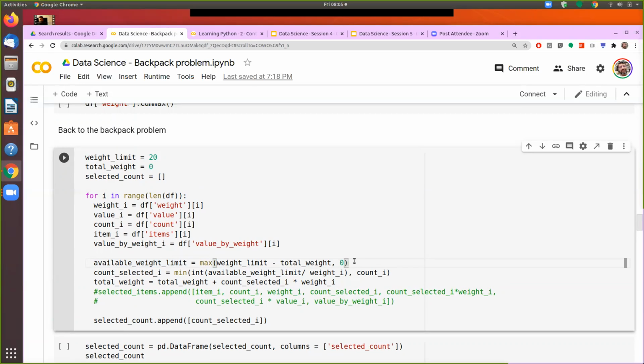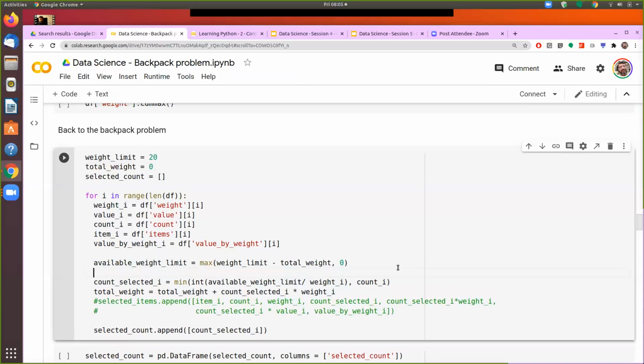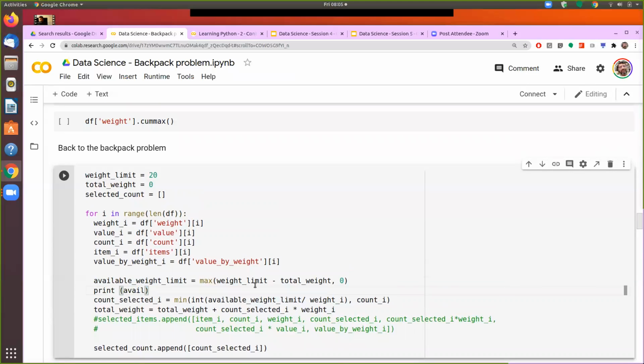Now, when we execute this, many times you would like to see what is happening inside this loop. So what I may do is ask it to print this one so that we can see what is the value here.